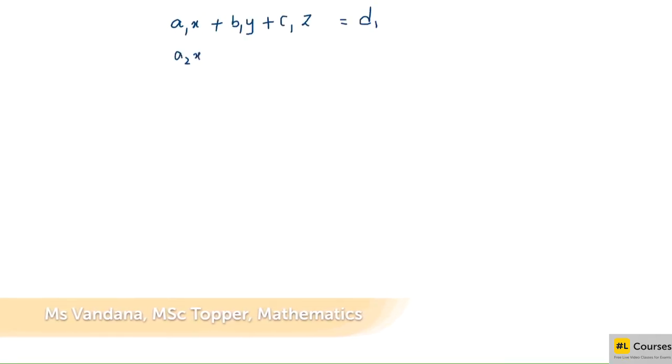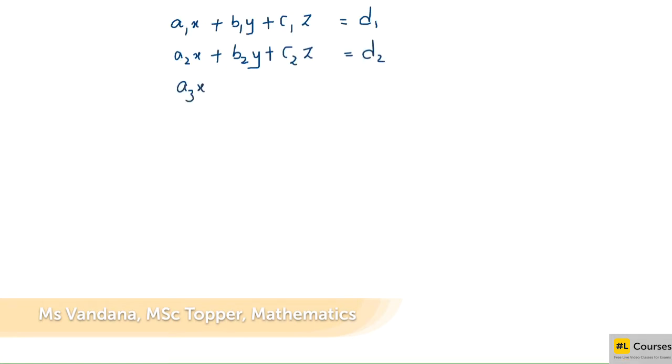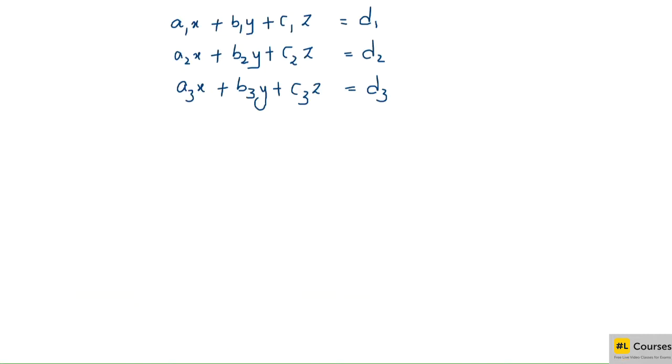a2x plus b2y plus c2z is equal to d2. a3x plus b3y plus c3z is equal to d3. Whenever we have equations like this, yesterday also I told you, this can be written